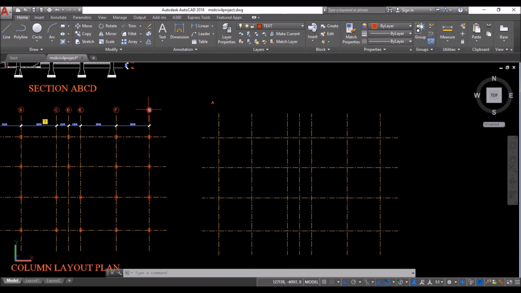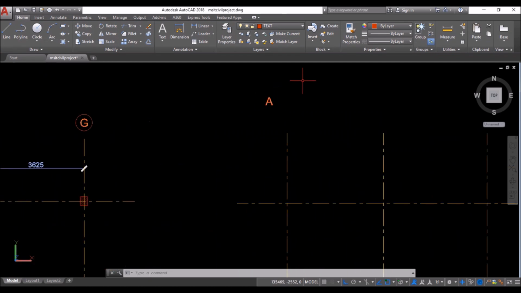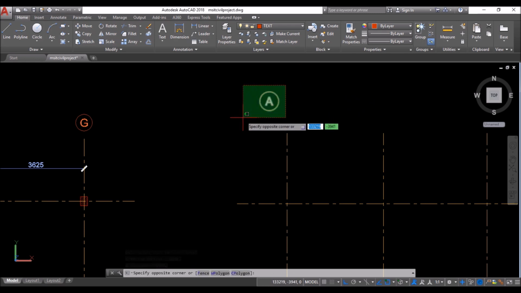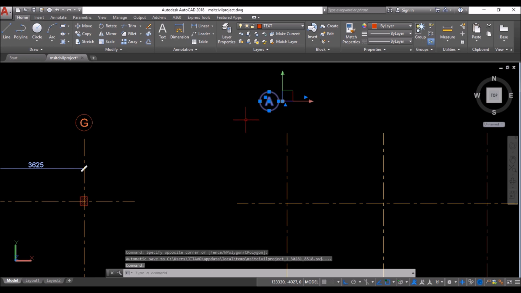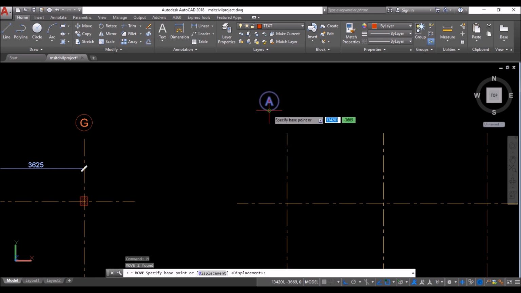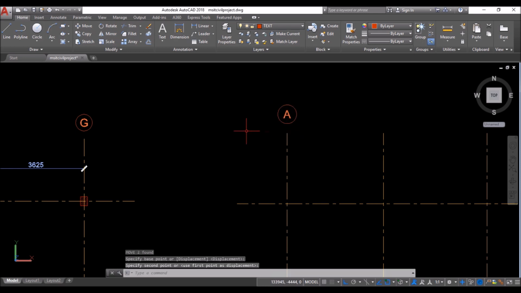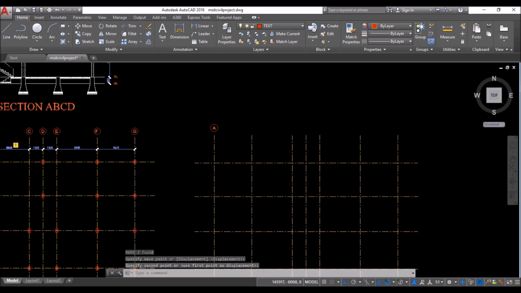Now for creating a circular boundary around the text, I'll use the TCIRCLE command. So type TCI and press enter. Select the text, press enter, then just press enter thrice and hence the circular boundary has been created. Then select the text and the boundary as shown. Type M and press enter. Take around 350 mm extension downwards from the lower quadrant as shown. Make sure the function key F11 is turned on while taking extension. And then click at this endpoint snap as shown to move it over here.